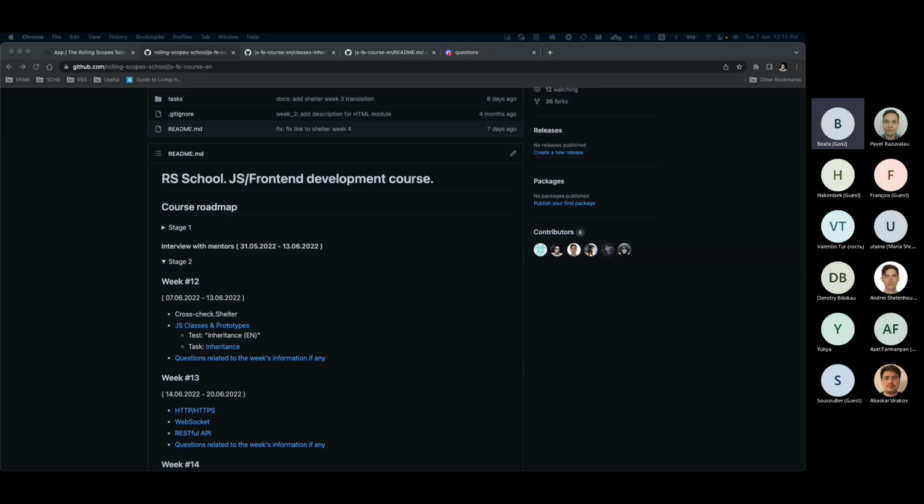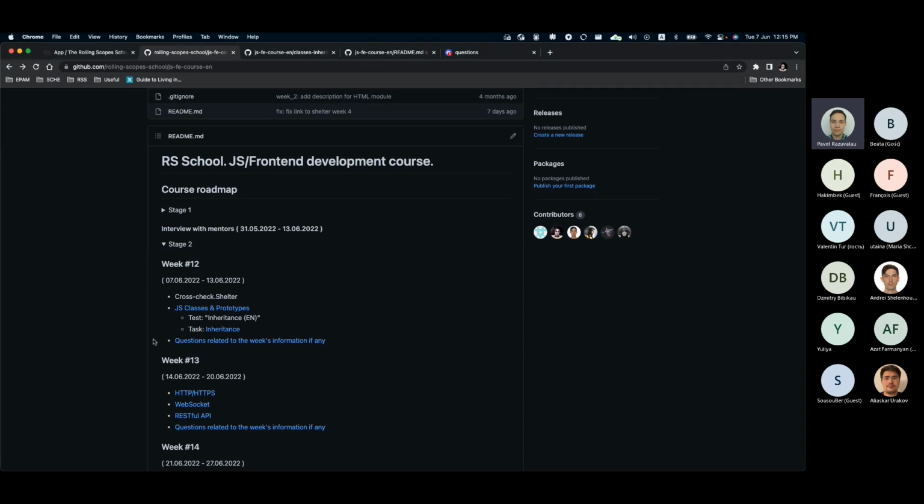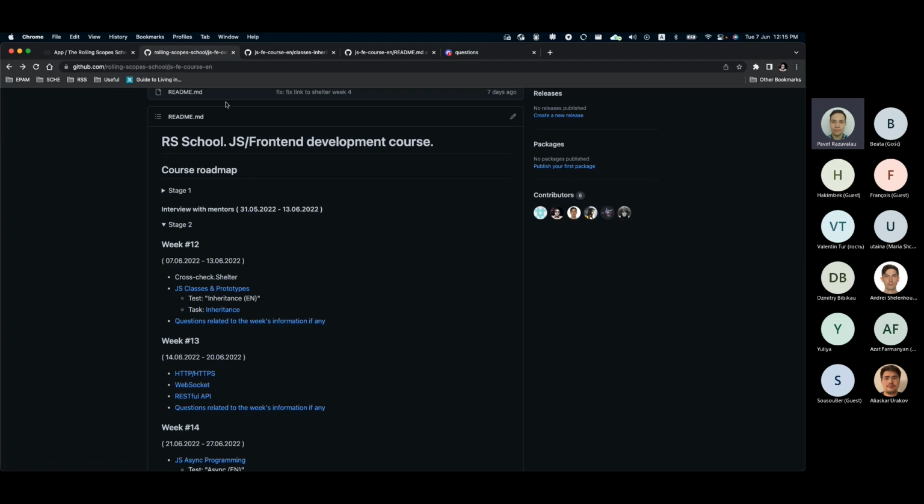As you said, this task will be checked by our mentor. So how do we submit it, and when is the deadline for this task? The deadline for the task is the end of the week. As per how to submit this task,